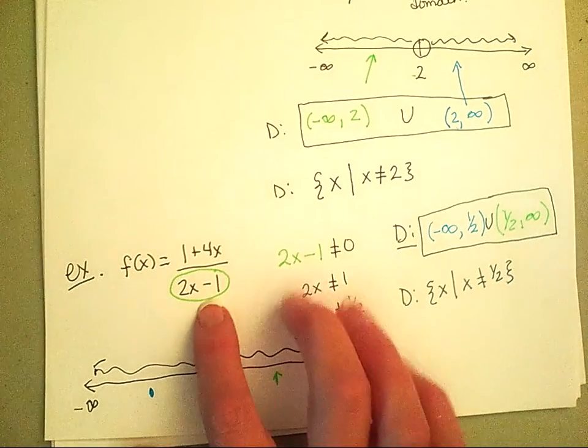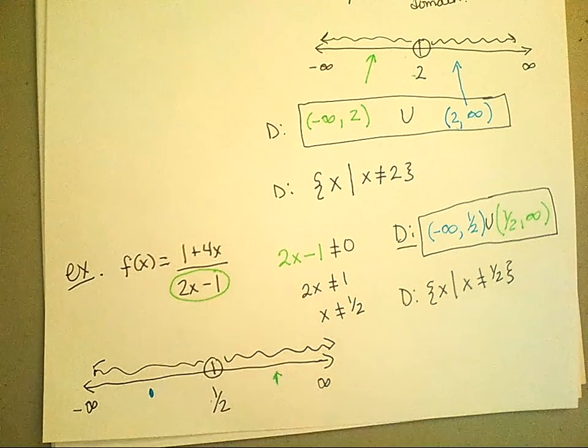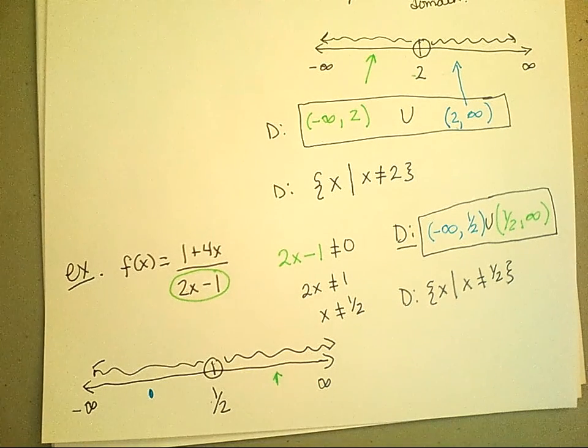And there could be lots of values that we'd have to exclude. It just depends on what values of x will make the denominator go to 0. Radicals will also give us a problem. Okay, so for example, if we have even radicals,